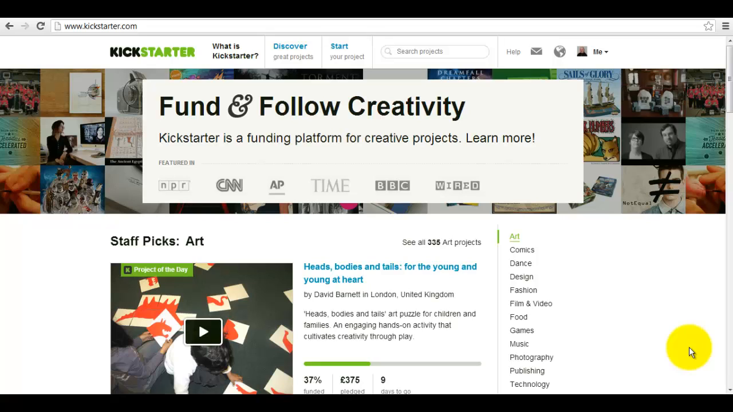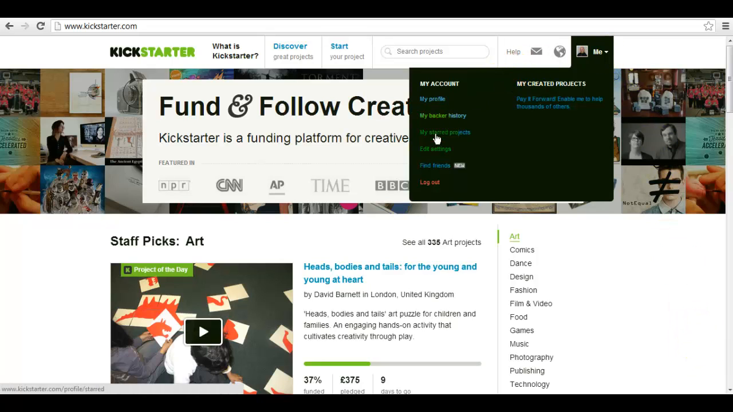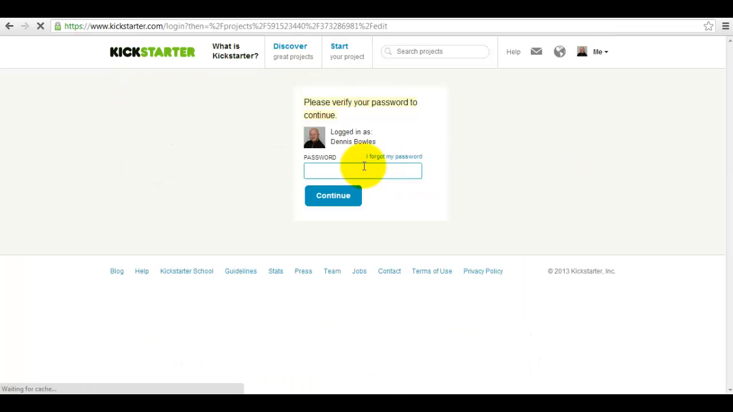Kickstarter. If you go to www.kickstarter.com, you can access the website, and from there start your own project by signing in, creating your account. I've already done so, so I'm just going to go up here, and once you do, you can set your profile and look at different things, edit your settings, find friends. And once you start a project, it will appear here. If you click on that, it'll ask you to verify your password, which we will do,